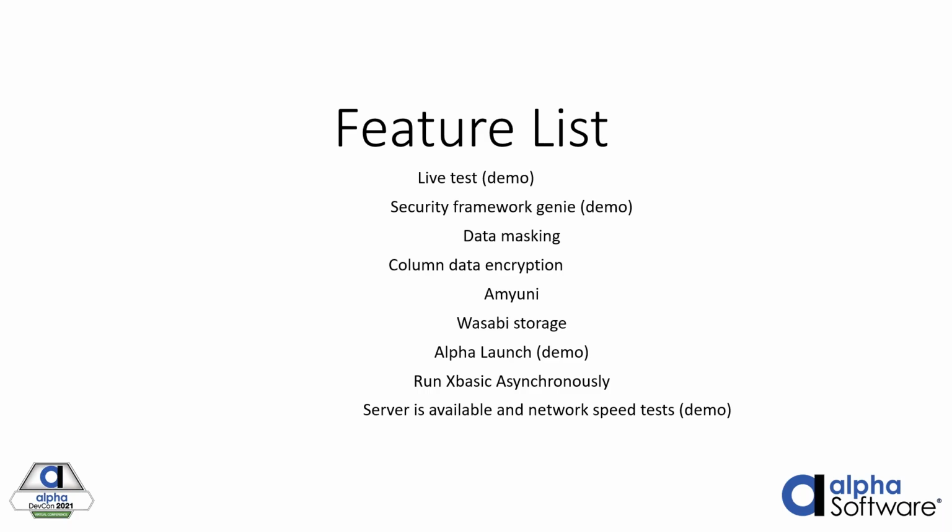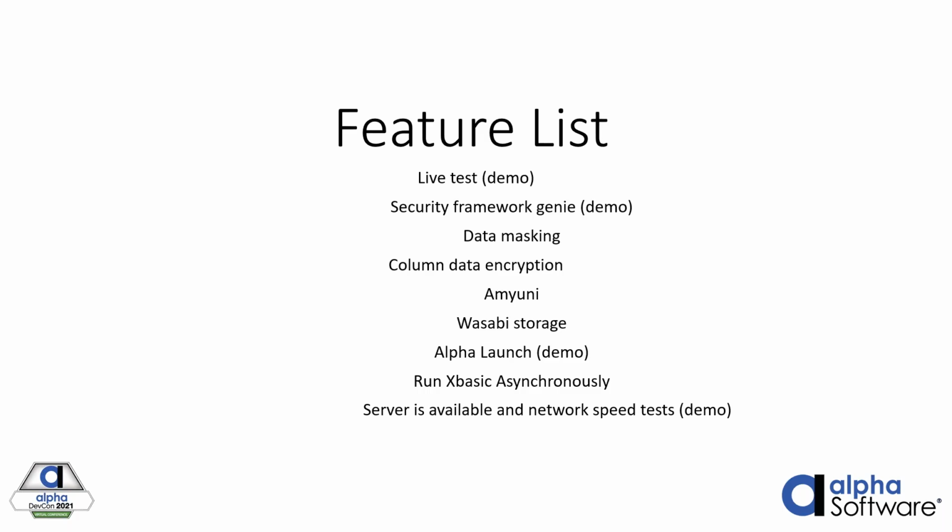We added support for Wasabi storage. So Wasabi is an alternative to S3 storage, and S3 storage has become increasingly important for Alpha Anywhere applications, especially Alpha Cloud applications, because when you upload files and images in an Alpha Cloud application, you really have to store those files in a storage location like S3, because you can't